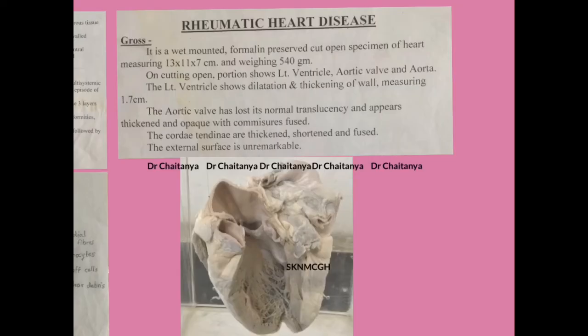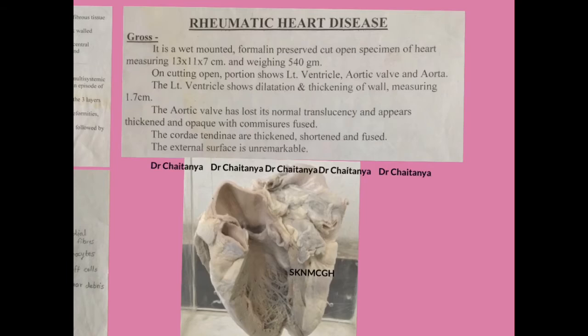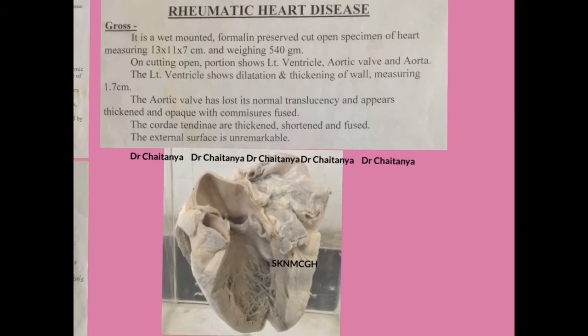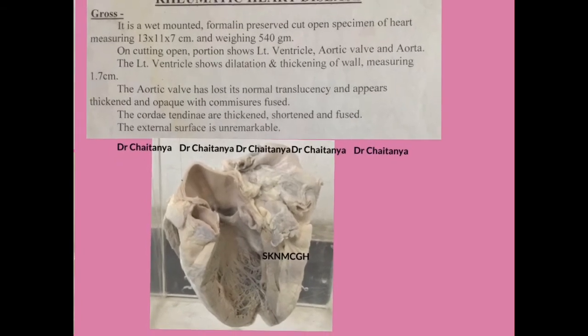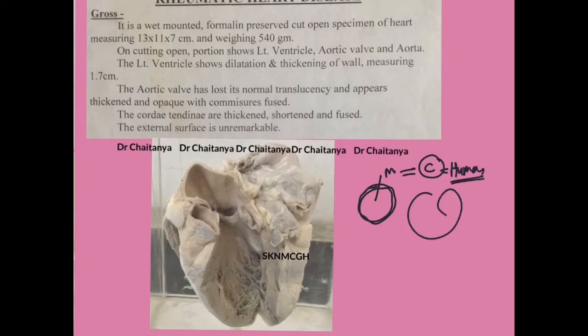Now coming to the next slide, that is rheumatic heart disease. I will talk about rheumatic heart disease very shortly, about the pathogenesis, and you all know the pathogenesis. I just want to mention one thing: the bacterial membrane has one protein, and that protein is similar to another protein in your human body, which is present in the walls of the heart, in the knee, and in our hand, in the fingers.